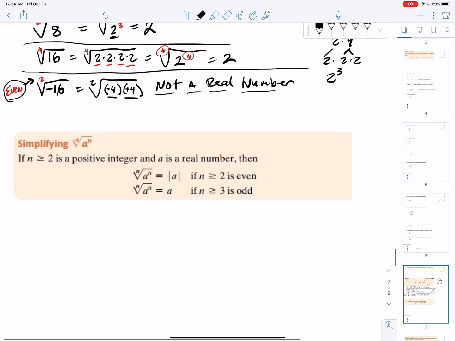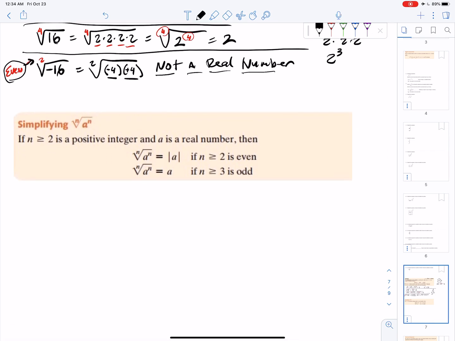Now I want to get into this business of absolute values, and this is something that this book just kind of gives you a little taste of and then backs off on most of the problems. So it's good to know about this, but they really don't ask it much. You have to be careful on the wording, and I will definitely highlight how this book asked the question. But this absolute value is, here's what it says. If the nth root, n greater than or equal to 2, is a positive integer and a is a real number, then